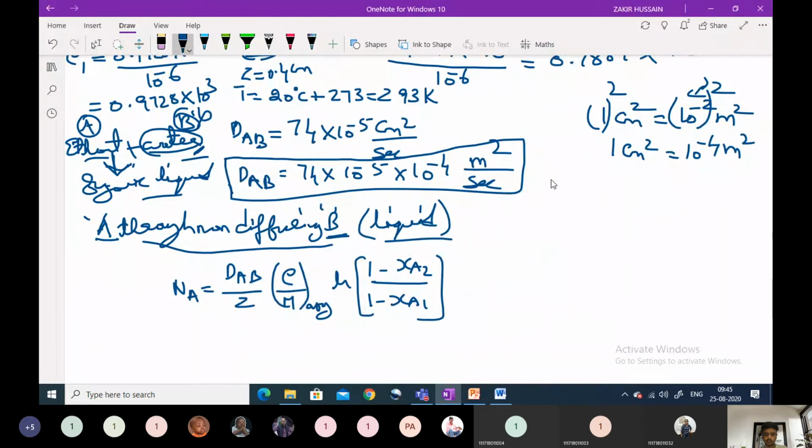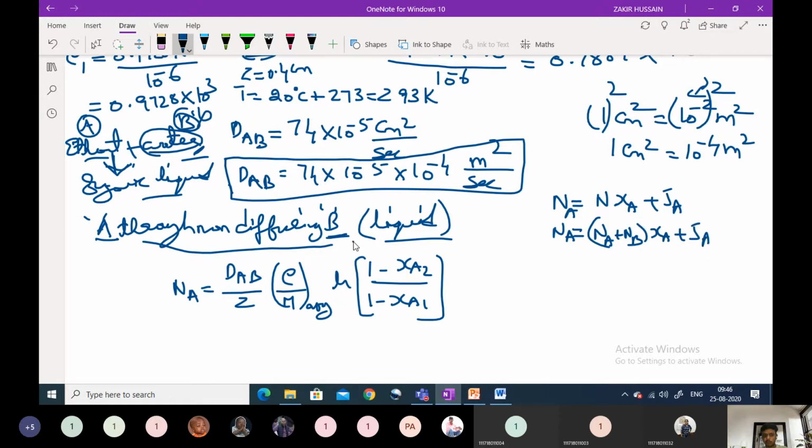Just simply we can derive. Let's see the relationship between diffusivities, the relationship between fluxes. We already know that Na is equal to Nxa plus Ja. Here, if you verify this one, Na is equal to N, which means Na plus Nb, the total flux, so Na plus Nb into Xa plus Ja.